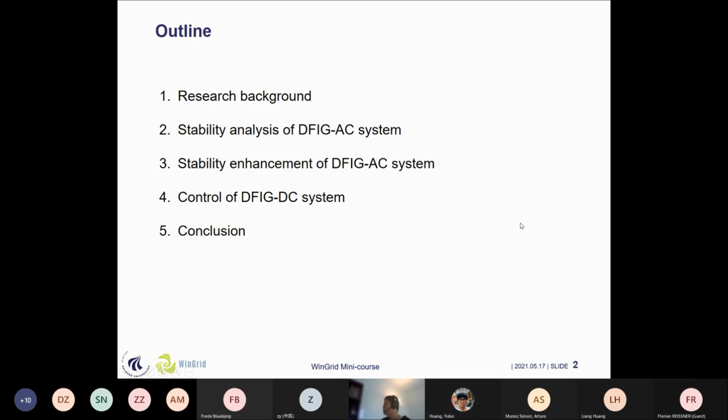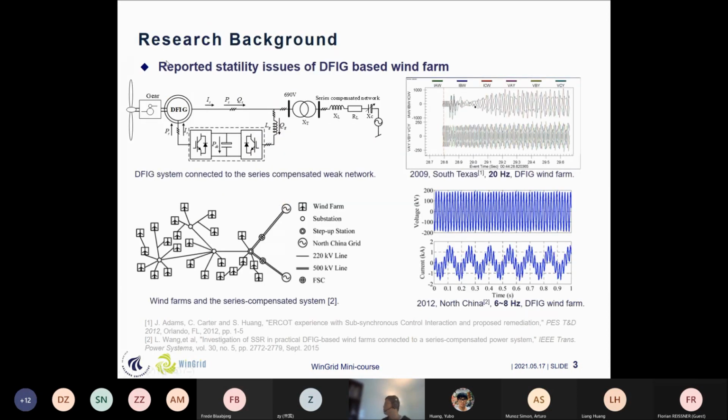And in the fourth part, from another perspective, we may consider connecting the DFIG to a DC grid, and it may introduce some new performance and characteristics, and we need to find some new control strategies of this kind of system. And the last part is the conclusion. Okay, so first I will introduce the research background of this